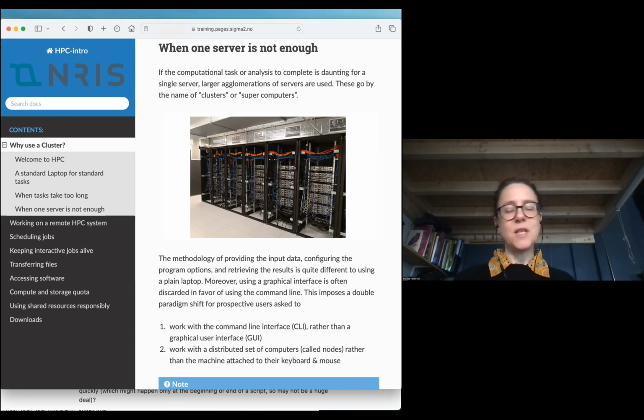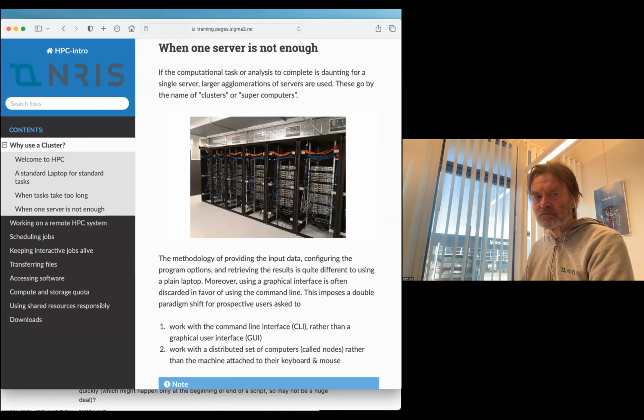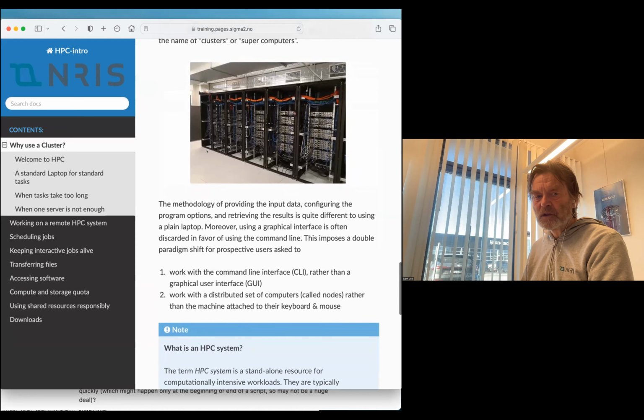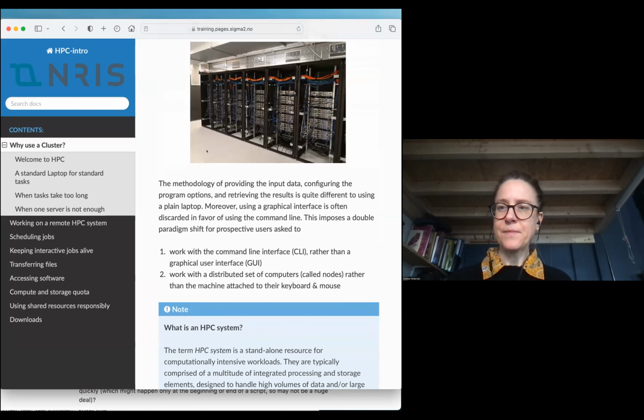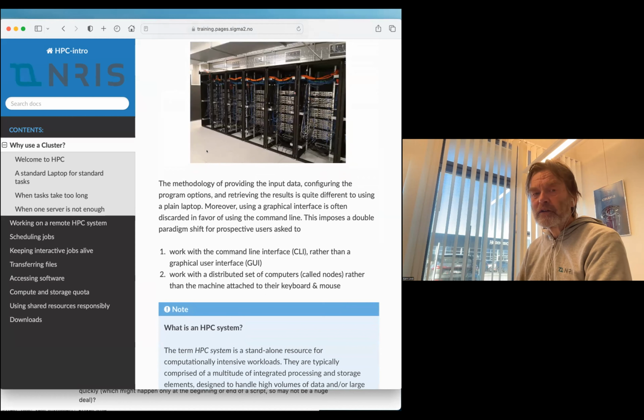So I first started accessing a proper HPC directly when I started working here with you all in 2016. Right. And what about you? I started in 2004, when I started to work with the HPC systems here at NTNU. I had worked with servers for a long time, but not with clusters like we had here, not HPC systems.